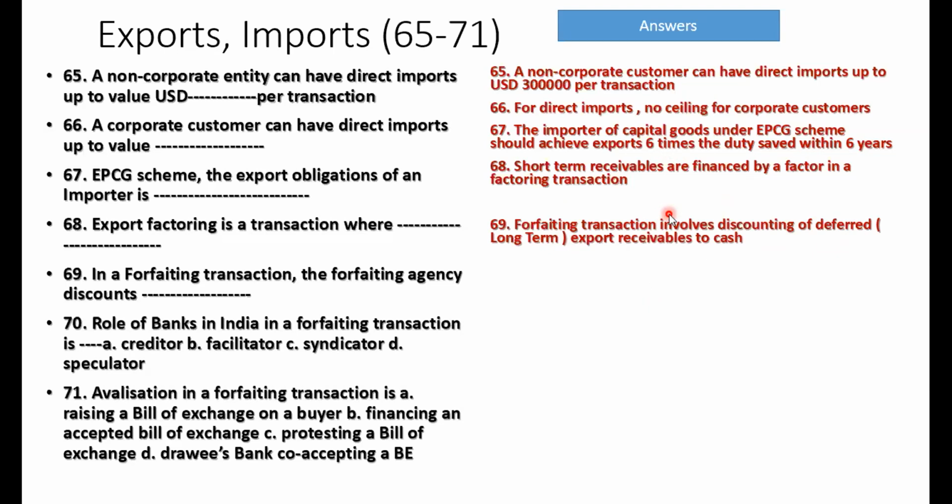Immediately, he will tender the bill of exchange co-accepted by the buyer's bank. So the bank in India, especially Exim Bank, immediately does a forfeiting transaction. Forfeiting means immediately giving the money in dollars, discounting the bill after collecting the interest up to the due date. That is called forfeiting. This will be done on a without recourse basis only. Normally it is done for long-term export bills, not short-term export bills. Short-term export bills they call factoring, but long-term export bills you cannot call factoring. It is called